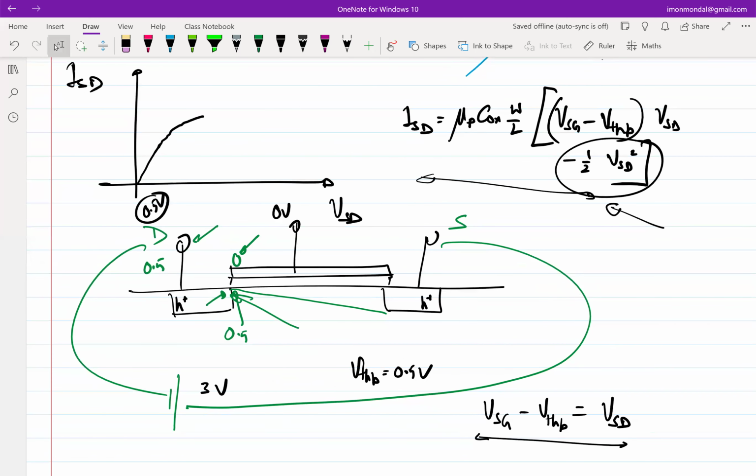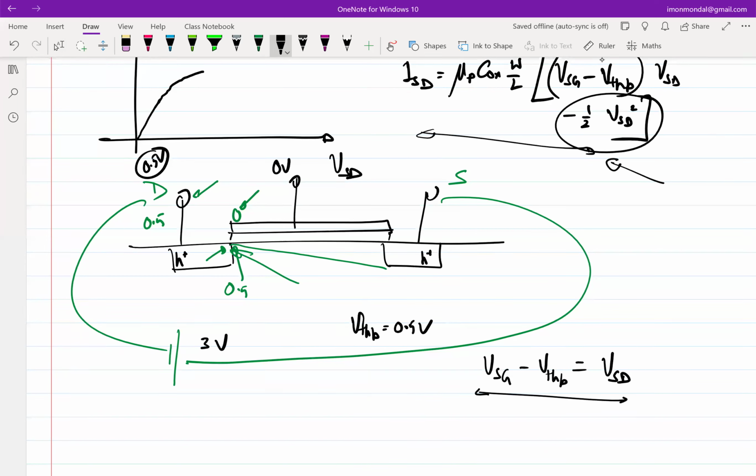The value of the current at that particular condition is a very critical value of current. So let's find that value first, and then I will comment on exactly what happens if I keep on increasing VSD beyond that. So ISD when